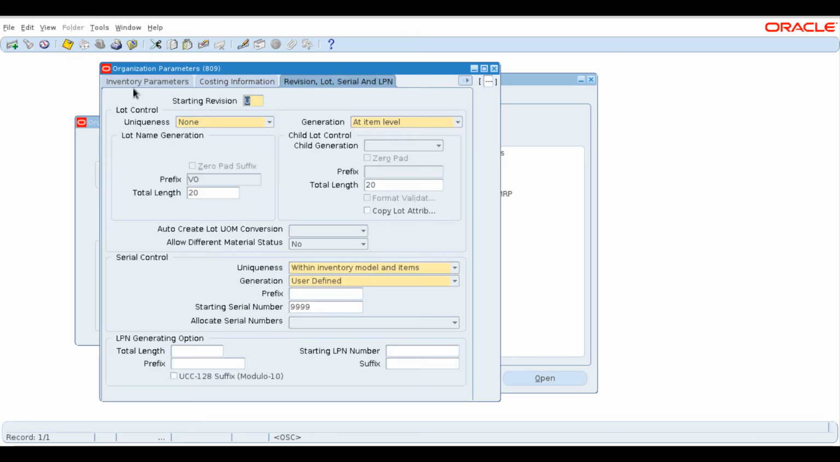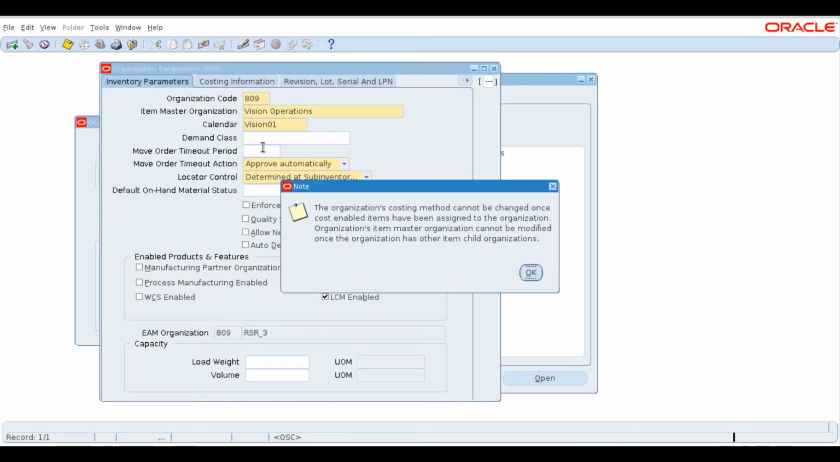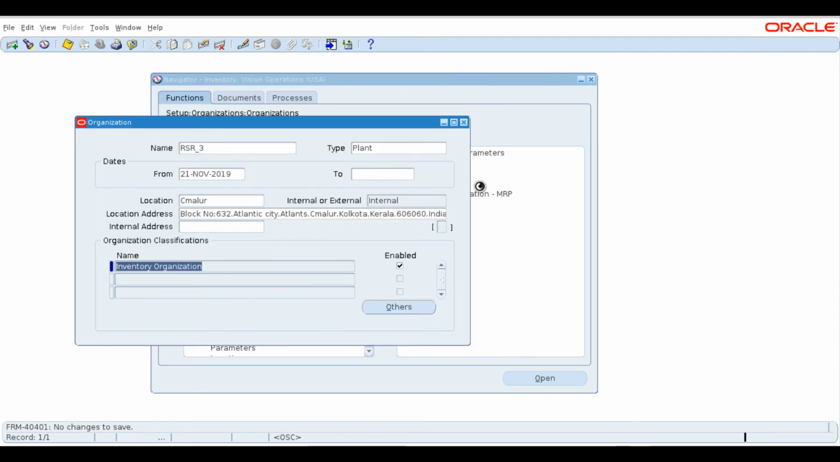So after checking all the values and giving an organization code which is unique, you have to specify a unique code, a new code for that, and item master organization as Vision Operations. I'm going to commit the changes. Okay, let's close this form up and select others